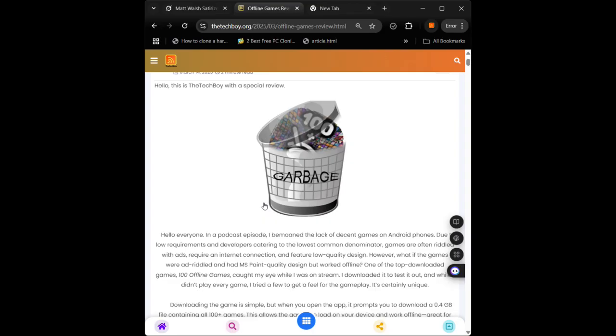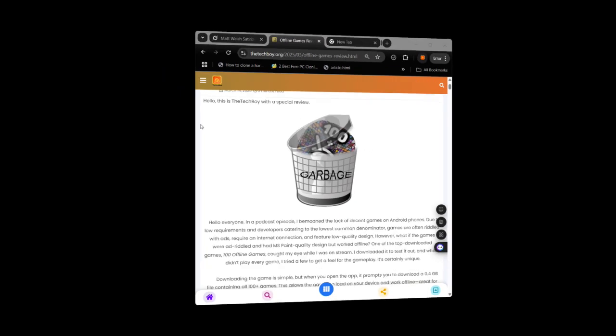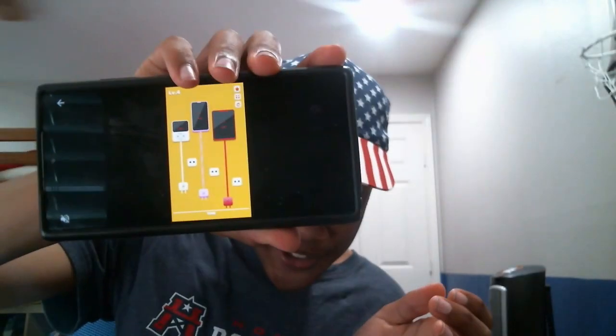So this game opens in landscape mode, but presents as... Why? Oh, you can't see this. But why does this game present in landscape mode, but run in landscape? And you will not believe what this game actually does. You push a button. I'm on level 4 of this game. I'm really good at it. You see these phones here? You got 3 phones, 3 chargers. What you have to do is plug in your charger very laggily into the holes. And then the phones will charge. And you have to race against time. Then this is considered a game. And I kid you not, it is very, very laggy.